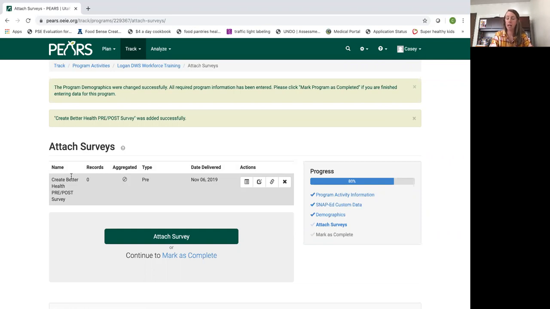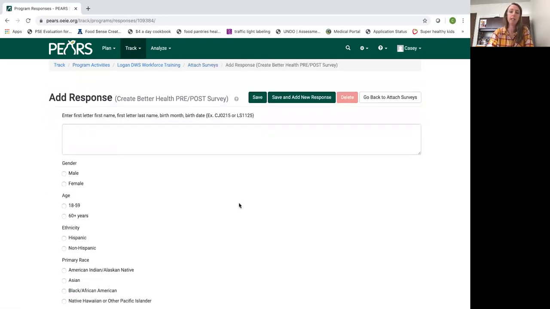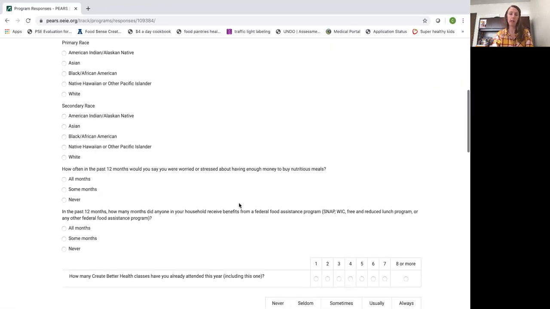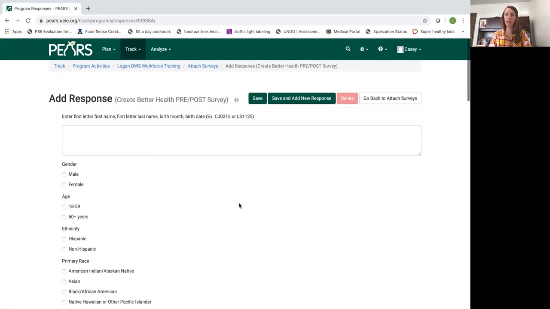Now, when I'm ready to enter the response data, so the responses of the participants, I'm going to come over here and click this little, it looks like a little checklist, and it says enter response data. You can see here, these are the exact questions in the exact order that they are on our pre and post survey. So for the first one, you're just going to enter the first 2 questions on the survey, which are the participants' first name and last name letters, so their initials, and their birth month and birth date. So I'm going to say